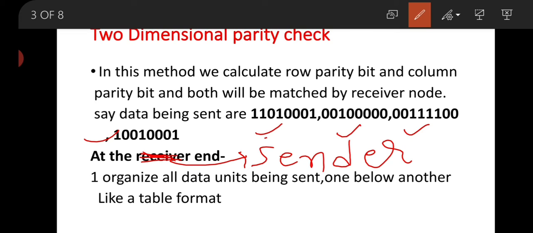First step is to organize all data units being sent one below another like a table format. That means we arrange all the data, this 1101, 0001, so that one set of bits is below the second, third and fourth.